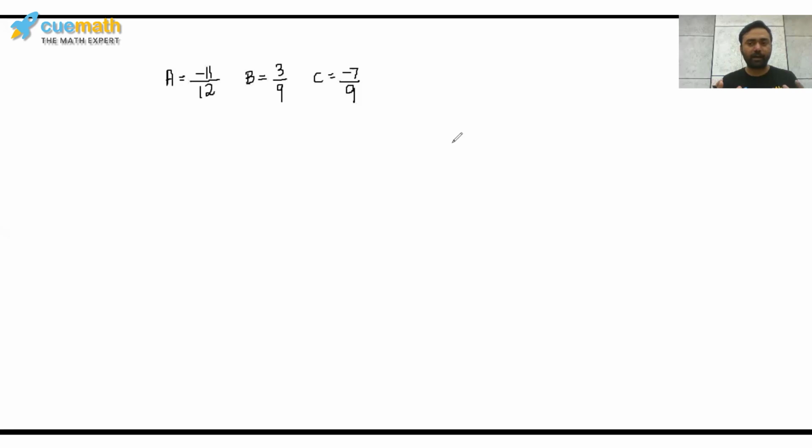Now to verify that multiplication of rational numbers is left distributive over subtraction, we've again taken the same set of rational numbers, but yes, the expression would be different. First we'll have to take multiplication, A times B minus C, and the second expression would be